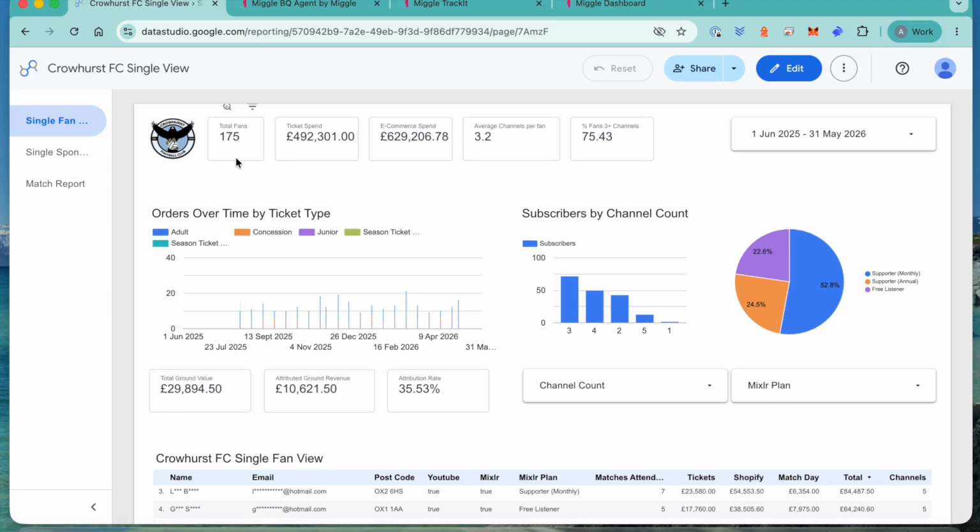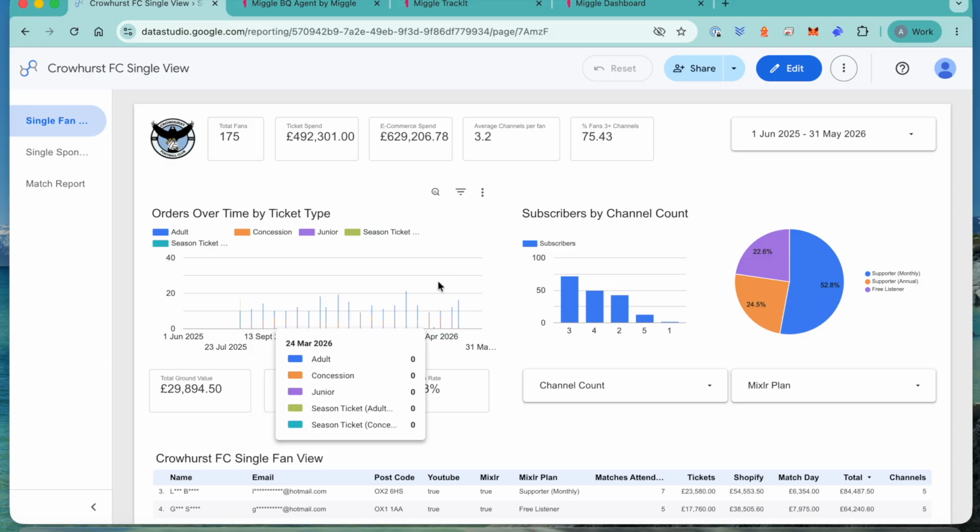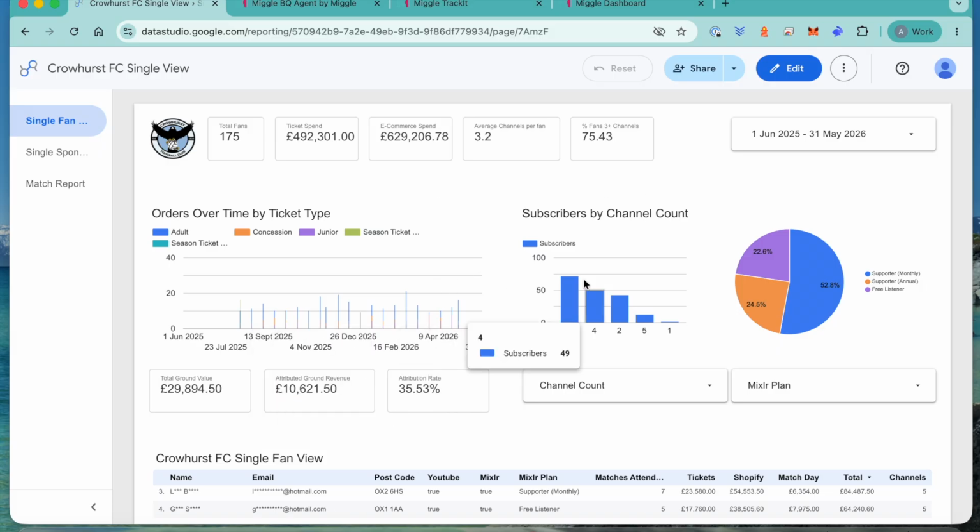So what we have here is a scorecard of the total number of fans, total ticket spend, total e-commerce spend, the average channels subscribed to by fans, and then the percentage of fans who have subscribed to 3 or more channels. And then we have a time series on tickets, subscribers by channel count, a breakdown of Mixlr subscriptions, which is an audio product that's quite popular for audio commentaries with a lot of non-league